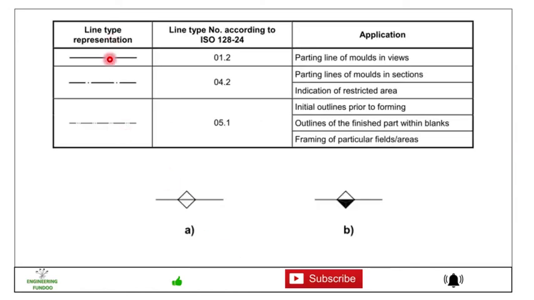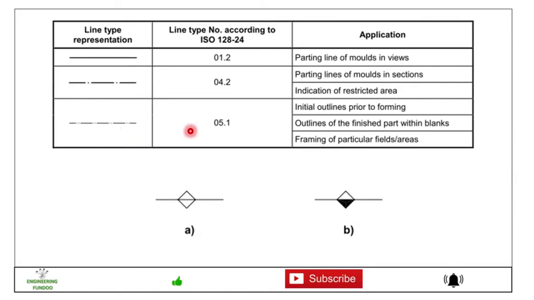Friends, then the line representation is indicated by this. You can see this is the line type number according to ISO 128-24, and the application is for the parting line of molds in the views. Then this is according to 4.2, and this is for the parting line of the molds in sections and indication of restricted area.